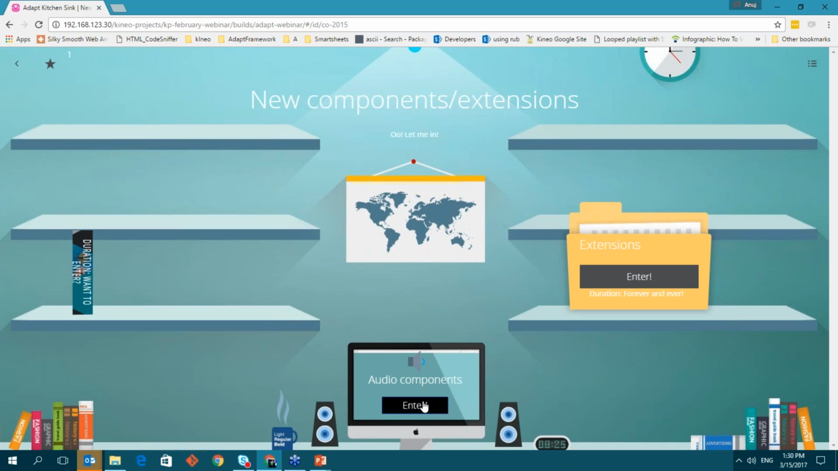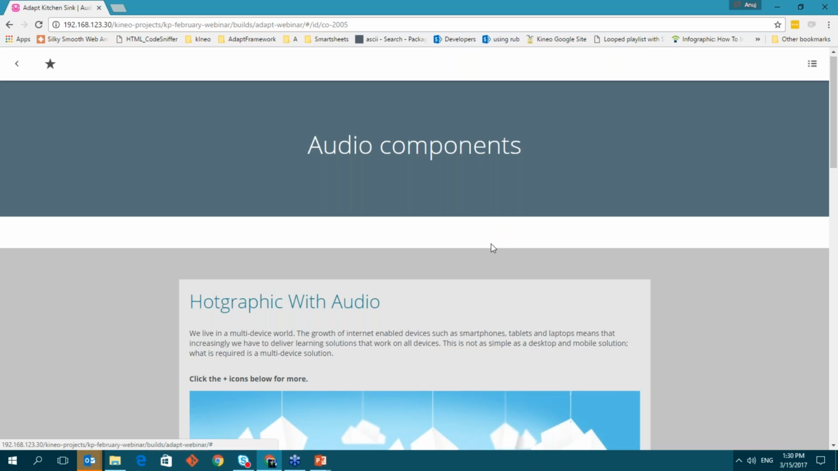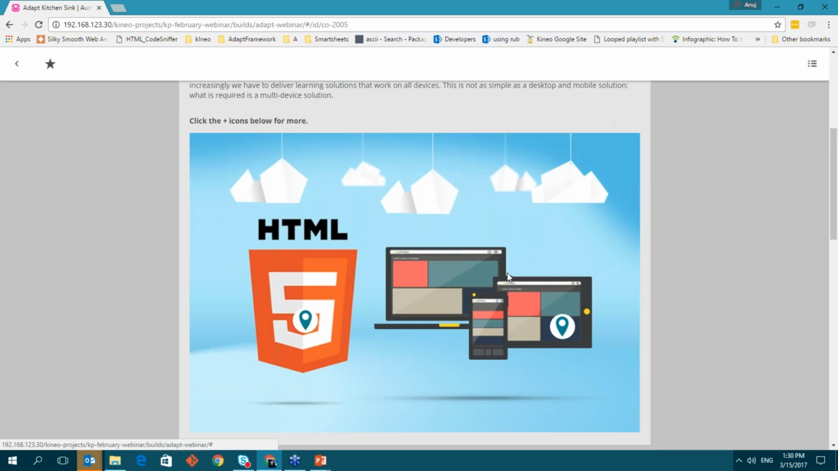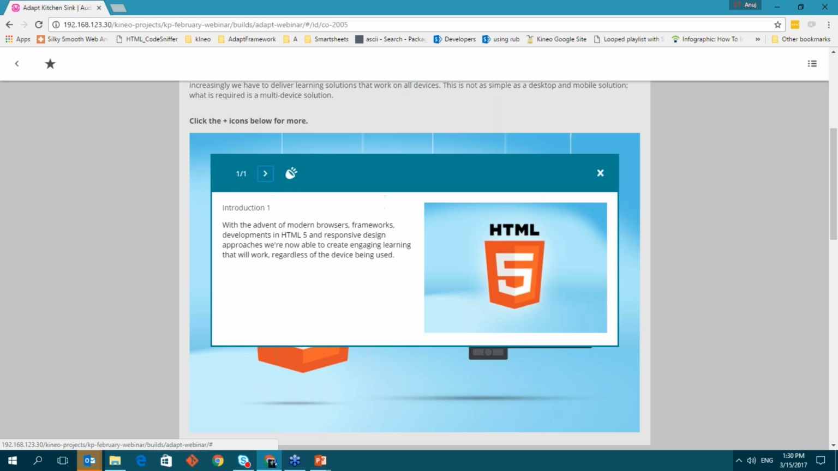I'll bring it to the audio components. Unfortunately, no one will be able to hear the audio play, obviously, but I thought I'd just show this to you because it's been quite a large request from clients to have audio within some of these components. The one on the screen at the moment is a hot graphic audio component. So on click of,